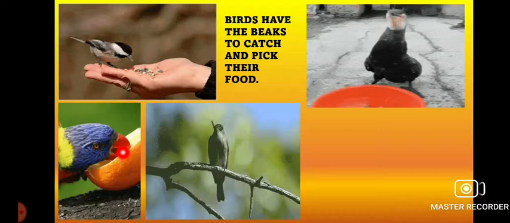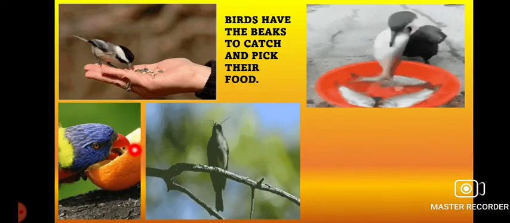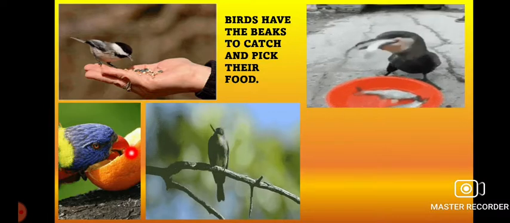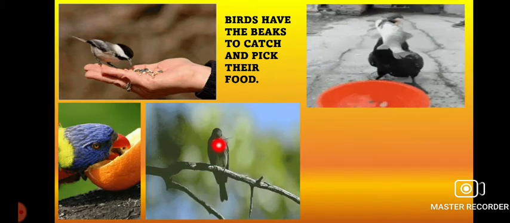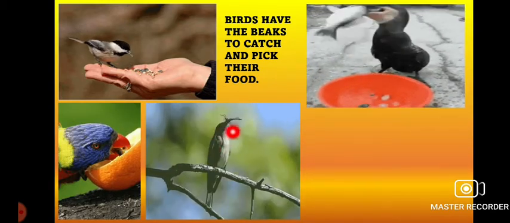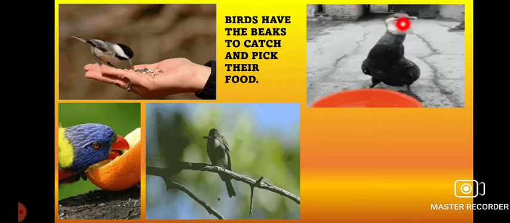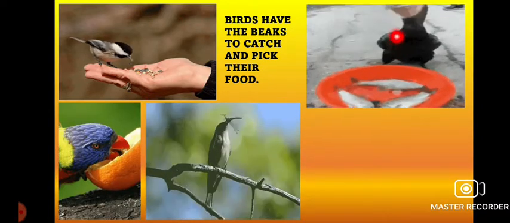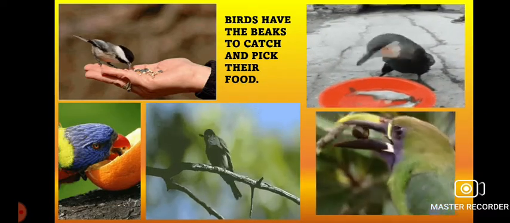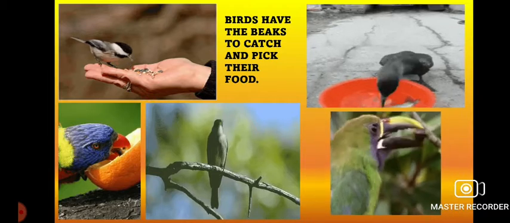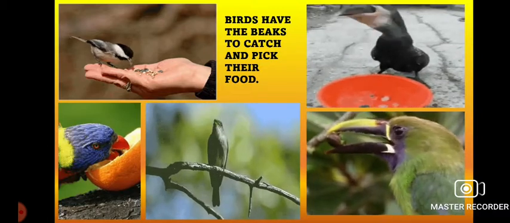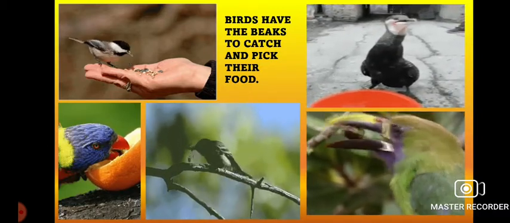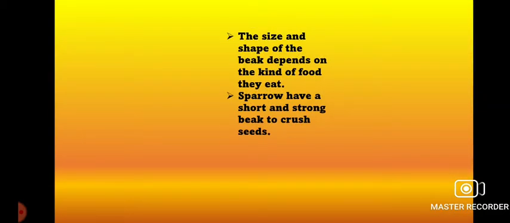This bird, you can see, is taking fruit, so accordingly their beak is like that. Even this bird, you can see, is taking twigs, so obviously their beak will be like that. See this bird, they are taking fish, so their beak pattern is also like that. Here you can see another bird which is eating fruit and seed, and its long beak allows it to take the food.